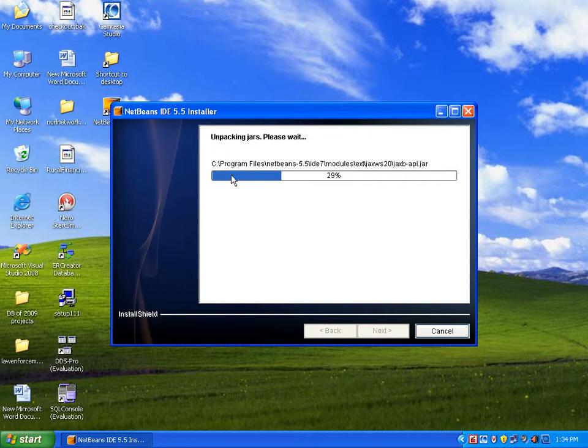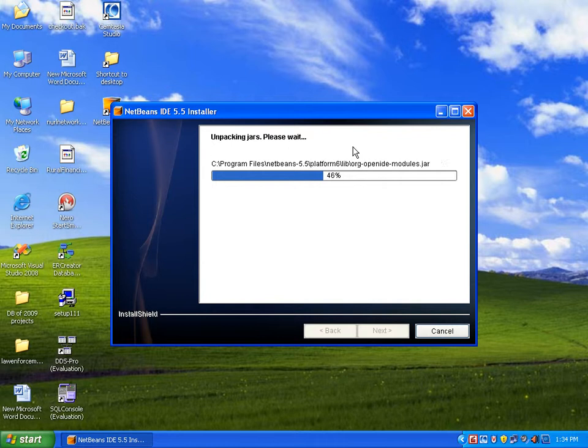Remember, along with NetBeans IDE installation, automatically it will also install Tomcat software. So if you are making use of NetBeans IDE, no need to install Tomcat software separately. Okay, coming to next point, if you install NetBeans IDE 6.0 software, it will install Tomcat software as well as Glassfish software automatically along with NetBeans IDE installation.